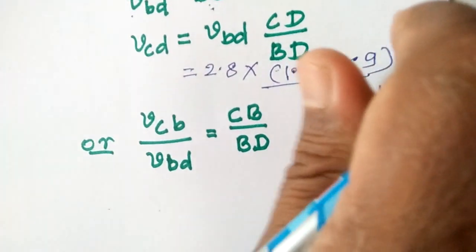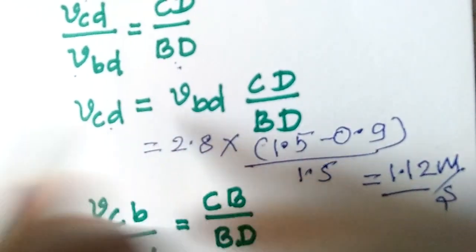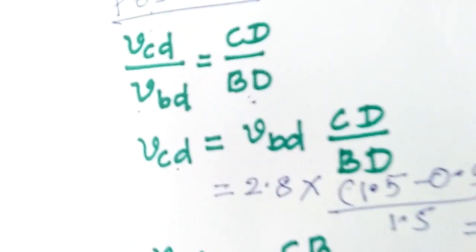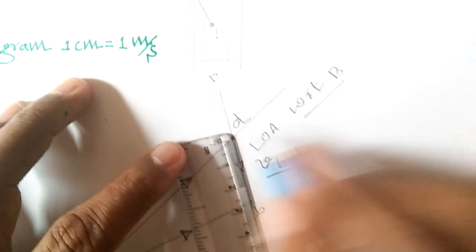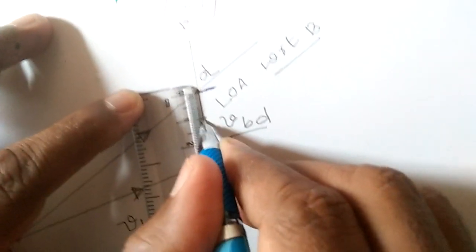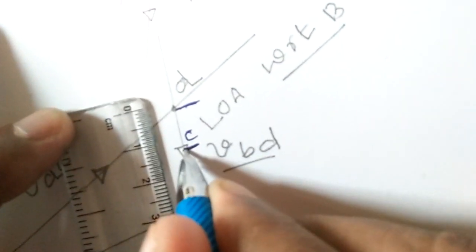By scale, it comes as here only. With respect to what do you have to measure it? With respect to the point, you have to measure it. Velocity of BD, you got it. With respect to what? You have to measure from B, from the D side. With respect to the D point, velocity of C with respect to D comes approximately as 1 point something centimeter. You can write this as point C. I hope that you got it. Point C. Then from this one, you have to look at the C link.